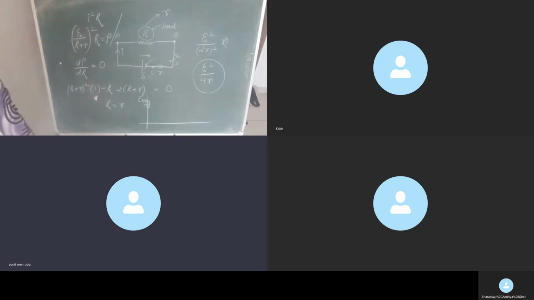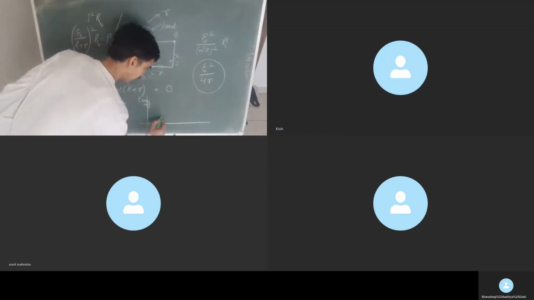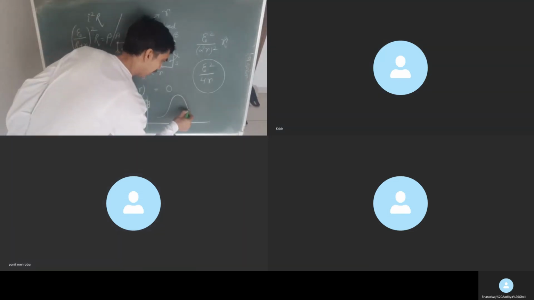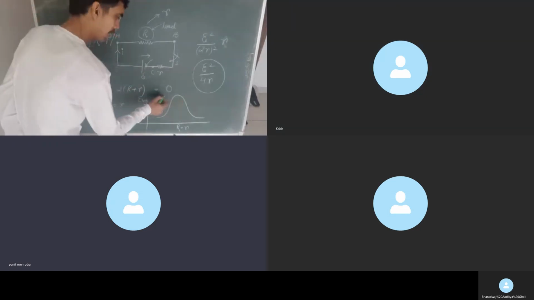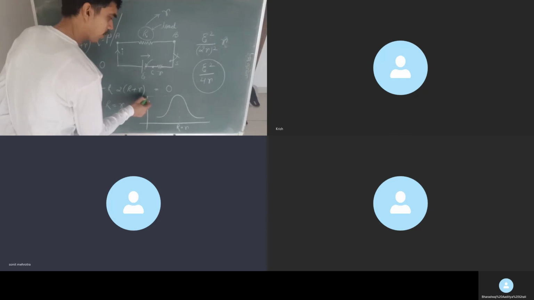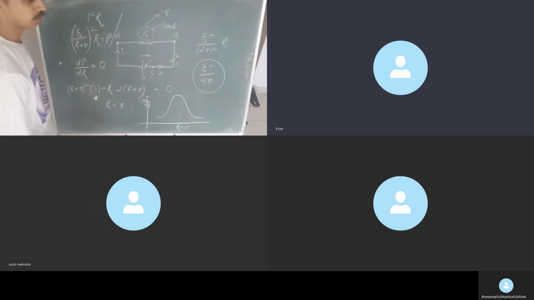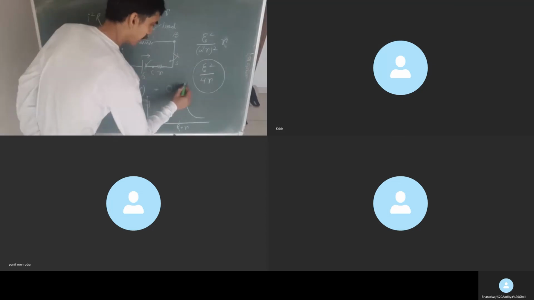This is a very important graph. This is the energy versus small r graph. When small r is equal to capital R, then the energy consumed is maximum. See for yourself here. Capital R you have equated to small r, correct? Yes, sir. What power are you getting? You wrote it just now. So what is the power? E square by 4r. That is what you get as power.